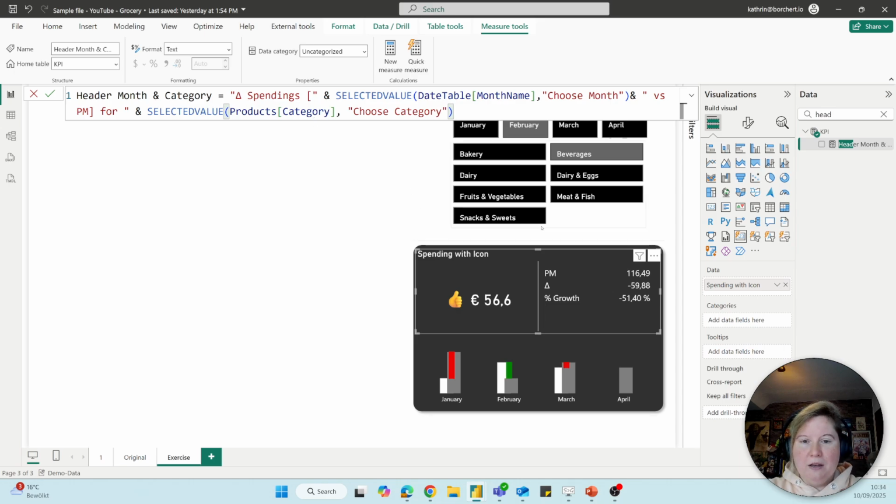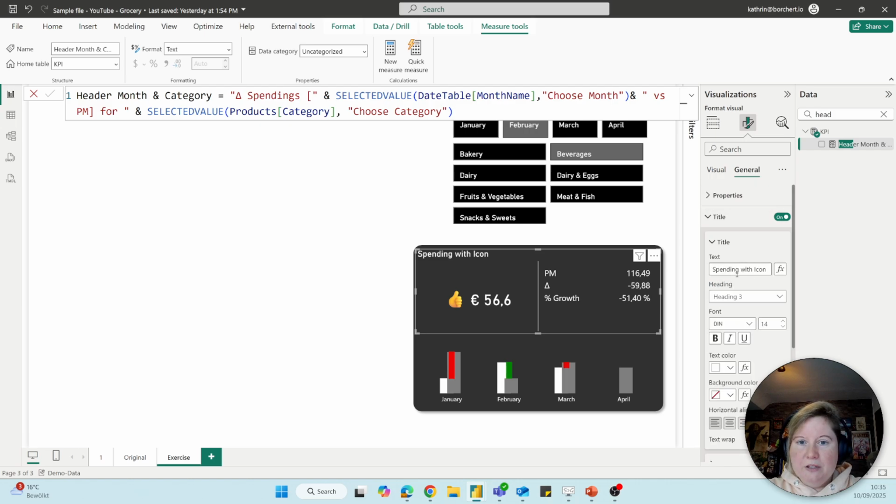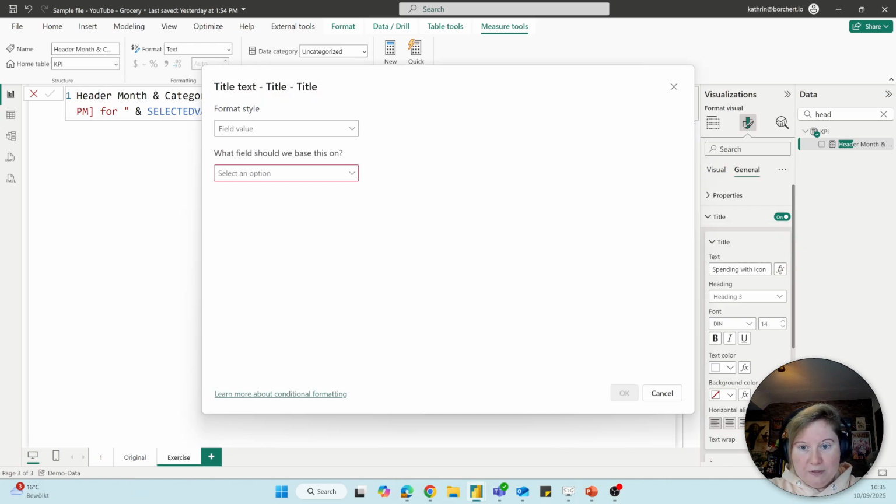And how can we now put the header line in our card? You have to click on the brush here on the right side, and then we open the general menu, so everything around the card, and then you can open the title. And you see I have spendings with icons as title, but there is an FX, which means you can conditionally format things.